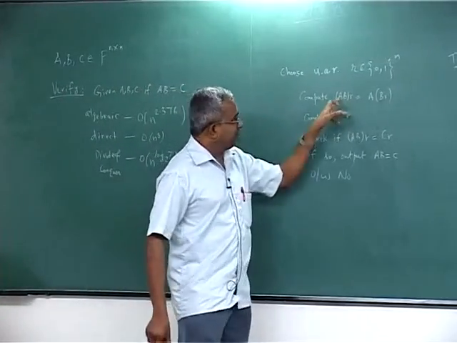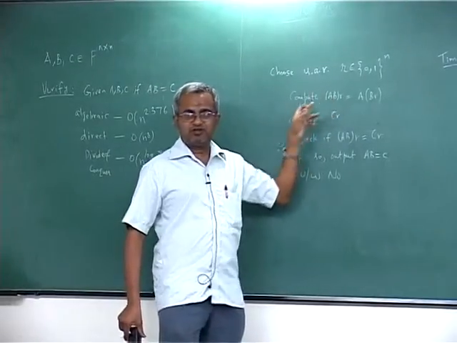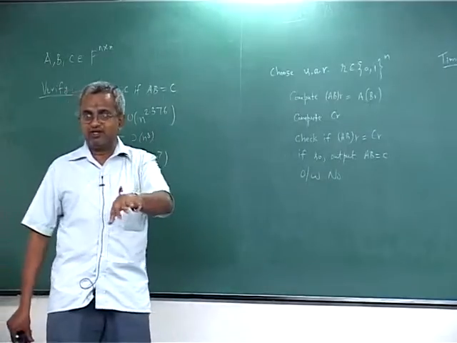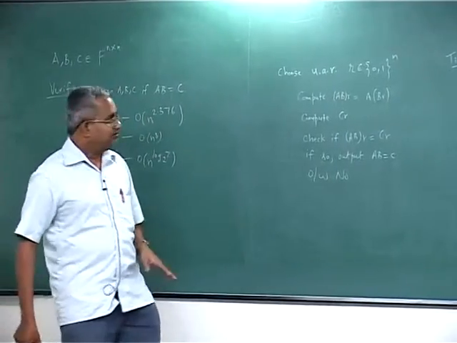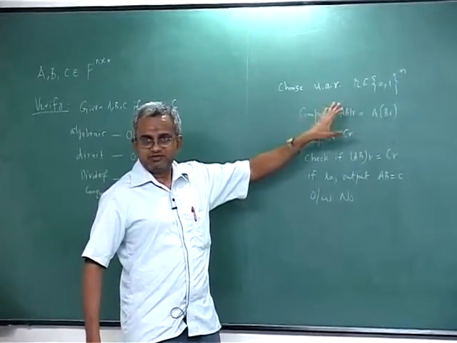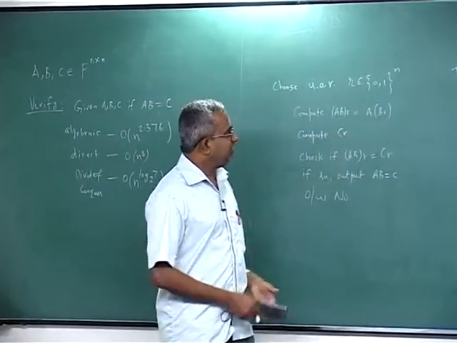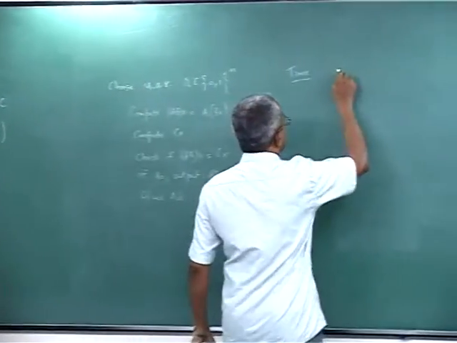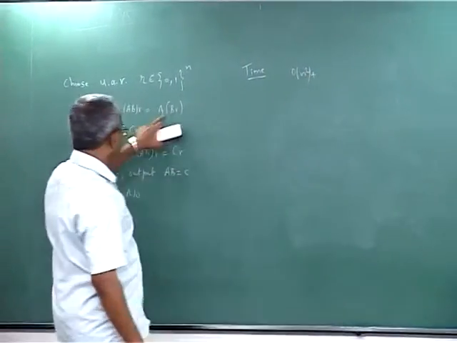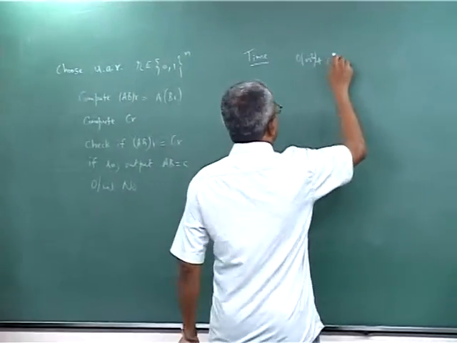This will be different from if you try to compute AB first. The best known algorithm will require something like n power 2.376, and then you will require an additional n squared time, but that will take it to be more than n power 2.376. So, you do not do this, that is the point here. You just do this in order of n squared time, you are able to compute this, and computation of the other product will also require another order of n squared.